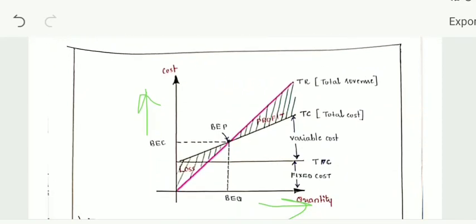Thus, in order to calculate how profitable a product will be, we should first look at the cost, price and the revenue that is involved. There are two basic types of cost a company incurs. The first one is called variable cost, the second one is called fixed cost. So what exactly is this fixed cost? Fixed cost means the cost that a company needs, and it is a cost which does not change with the production volume or the output.